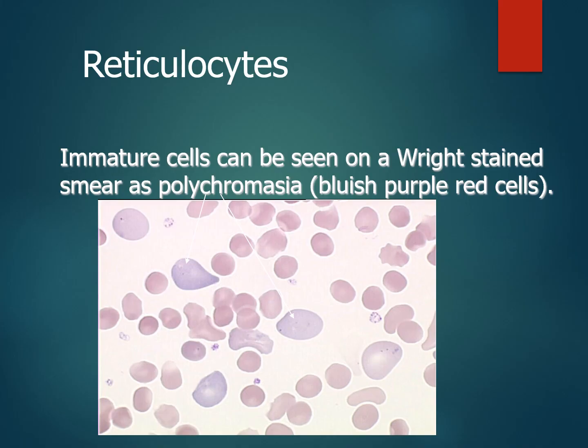So again, when we have these reticulocytes in circulation, they are immature cells and they can be seen as polychromatophilic red cells on a Wright stained smear. Now, I just want to make a point. Wright stain does include new methylene blue, but it also has eosin included. And we're going to talk more about the